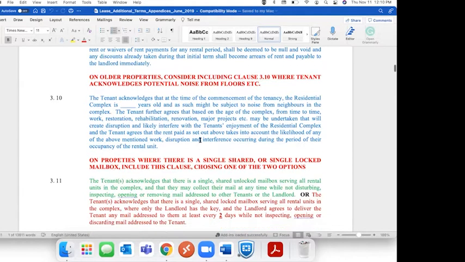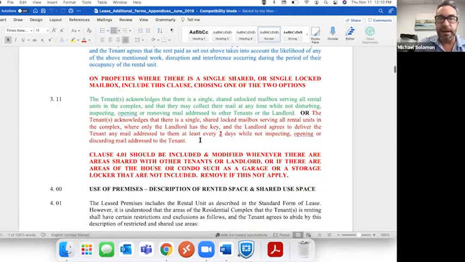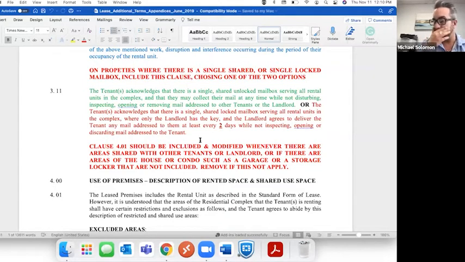Okay. Now, there may be a time when, and I will go back to these older properties, there's only one single mailbox, right? So having to include these clauses about having a shared mailbox system really helps, because you may have tenant Joe upstairs who gets all the mail for the day, but he doesn't realize that he takes Bobby's mail downstairs, right? And he may do that not maliciously, but just without any knowledge that he may have